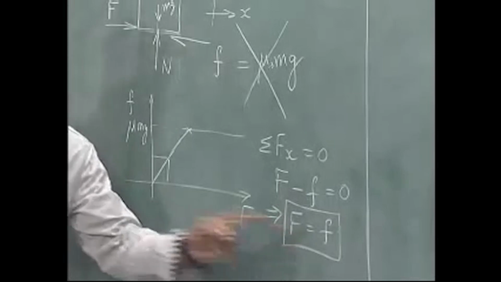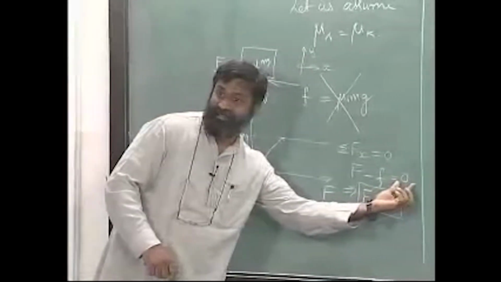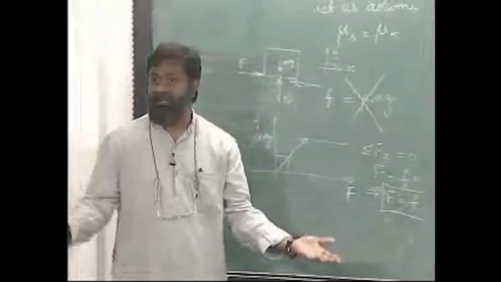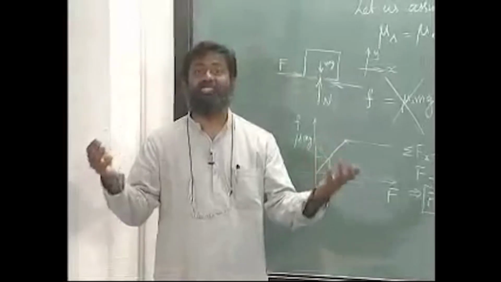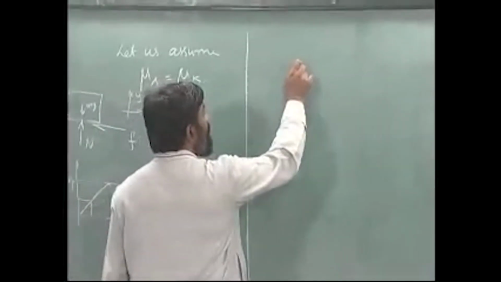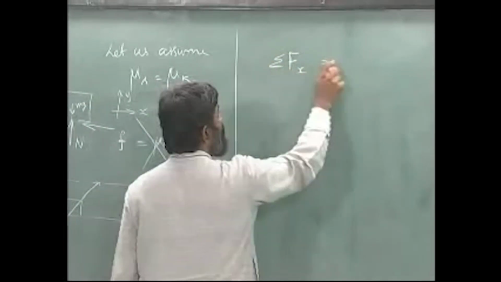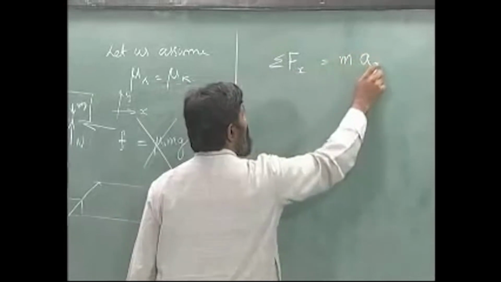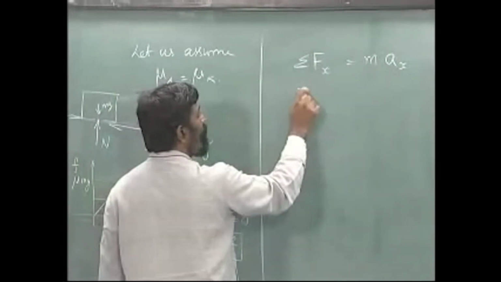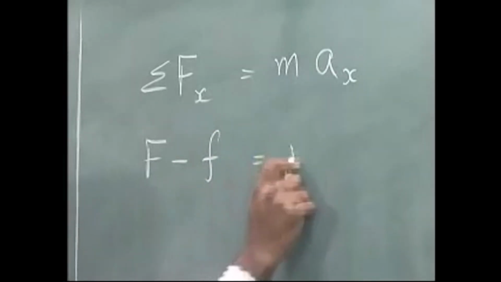When is this true? It is true only when the right hand side is 0. What is the right hand side? It is nothing but saying that it is in static condition. Supposing it is in dynamic condition, then F equals ma, which means that sigma Fx should be equal to m times Ax, right. So if I insert these values, I have capital F minus small f is equal to m